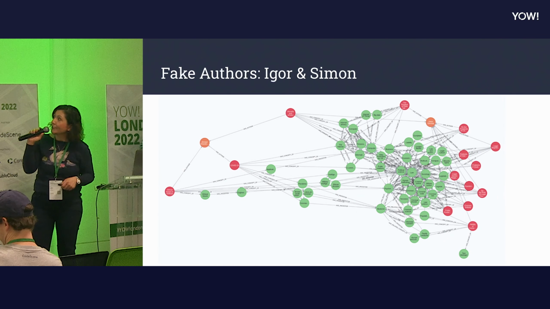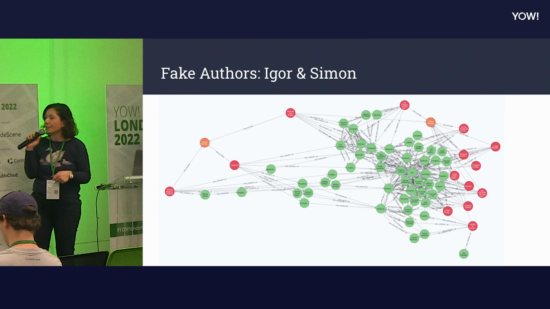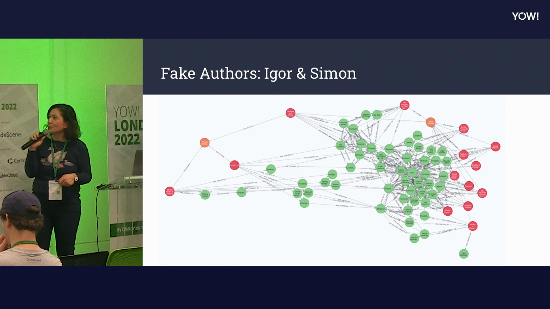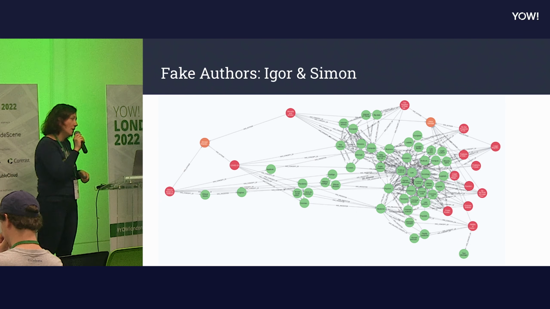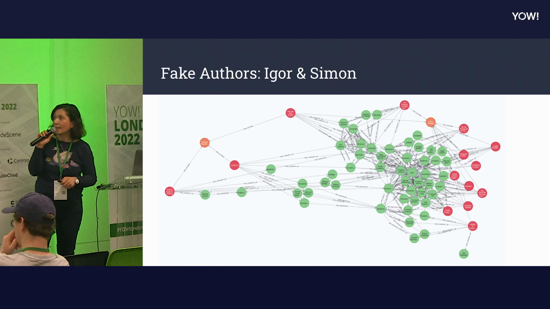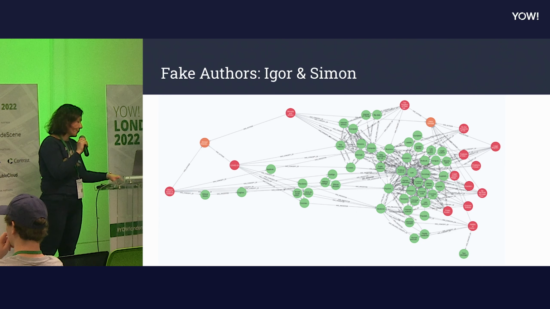Igor and Simon are two entities here, the orange ones, and we can identify how many concepts they have shared, all the yellow and orange. The reddish ones are the works they have published. You can see the one on the right-hand side has more items, and they do not have so many things in common with other things.